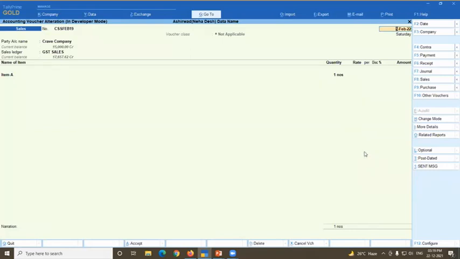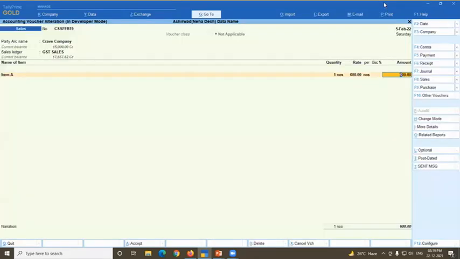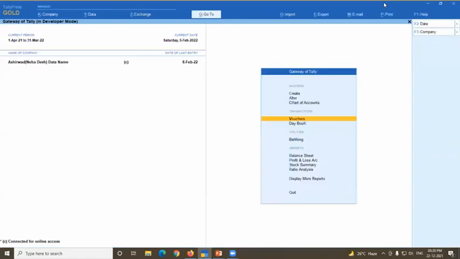Now, after 2 or 3 days, if that transaction is completed and my party is ready to accept that amount or rate for that item or service, then I can put that amount here, suppose 600. So now there is no need to create the invoice for next month. This is again one best feature by Tally.